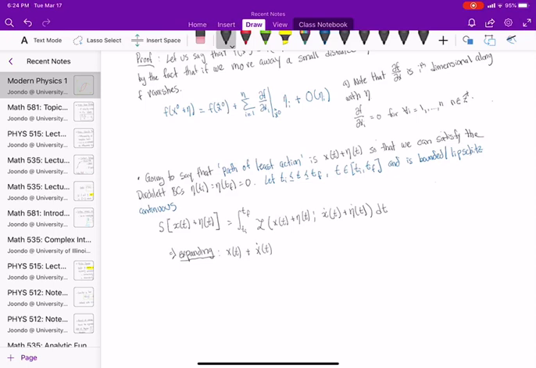Again, take the derivative. Nothing surprising over here. Take the directional derivative plus we take the